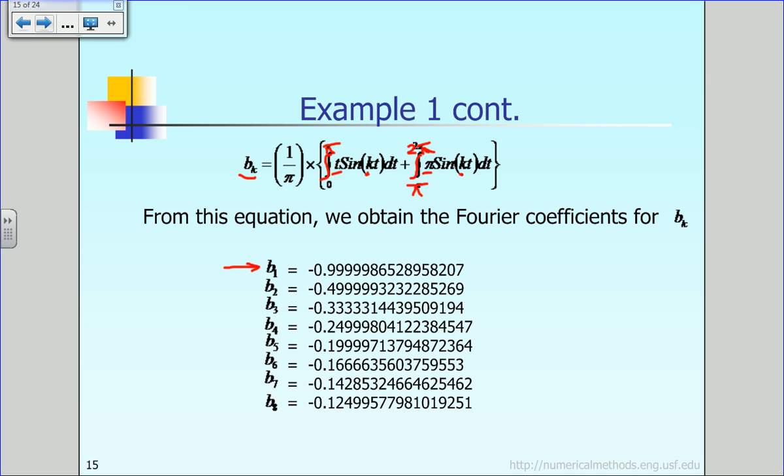Similarly, we can let the index k here equal 2. Then we can calculate the constant